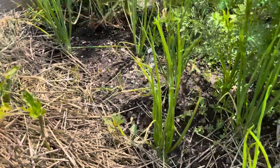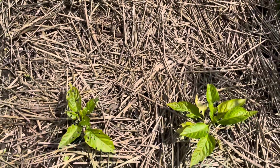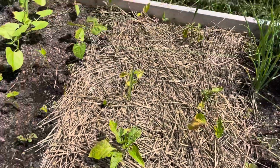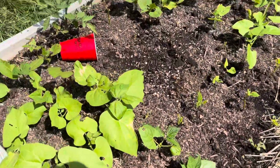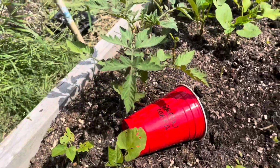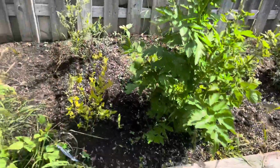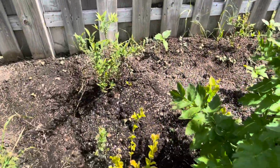Some more onions and my sad peppers. These guys did not do well out here. I don't know what it is. They did not like it. Some of my bush beans, a green zebra tomato, and then over in this mess we have a whole bunch